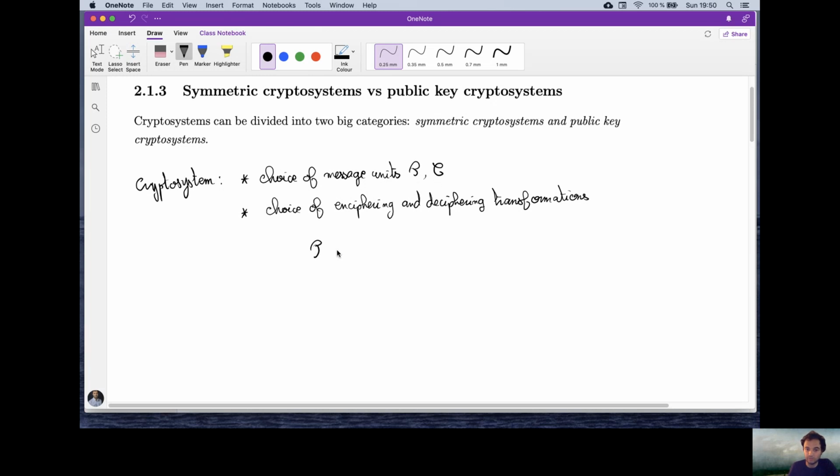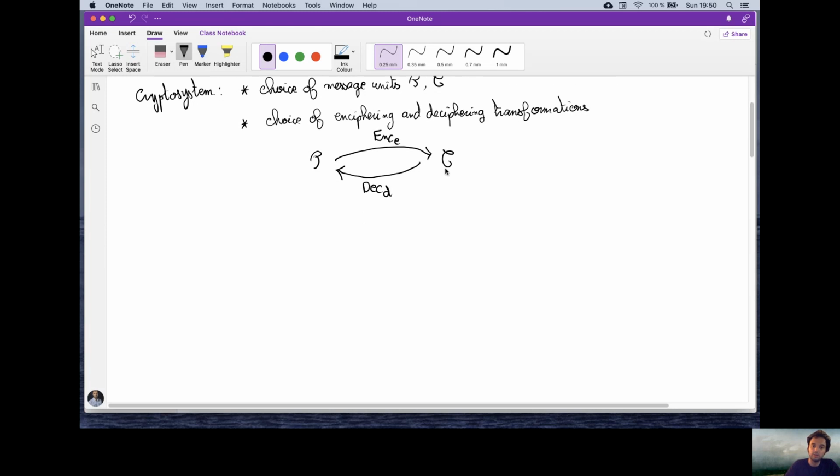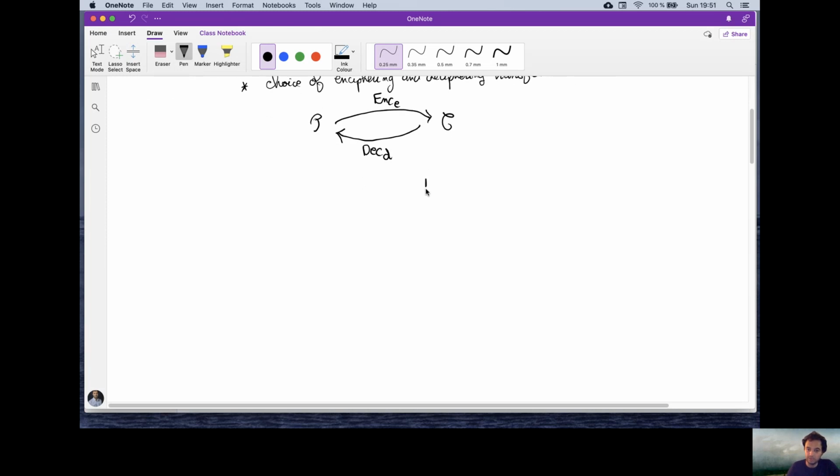So the enciphering transformation goes from P to C. This is the enciphering transformation, and it depends on some parameters that we call the enciphering key. And then we have the inverse function that goes from the ciphered to the plain message units, which we call the deciphering transformation, which depends on some parameters, called the deciphering key. Okay, good. So given this, we can understand very easily the distinction of, on the one hand,